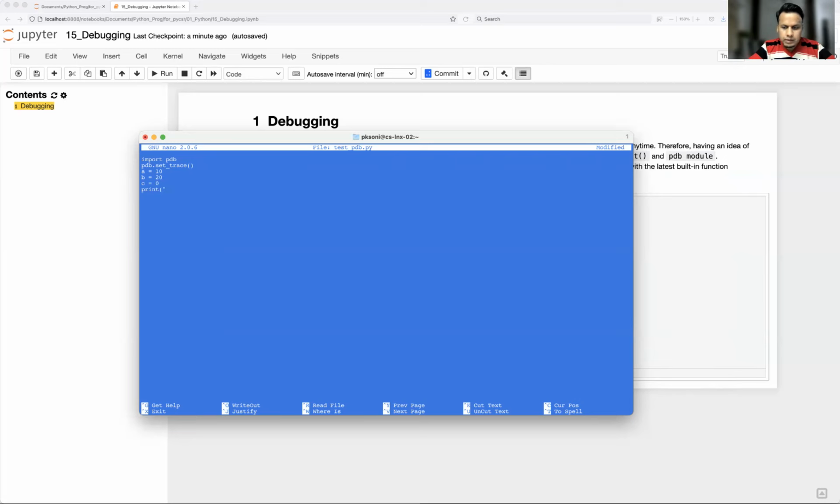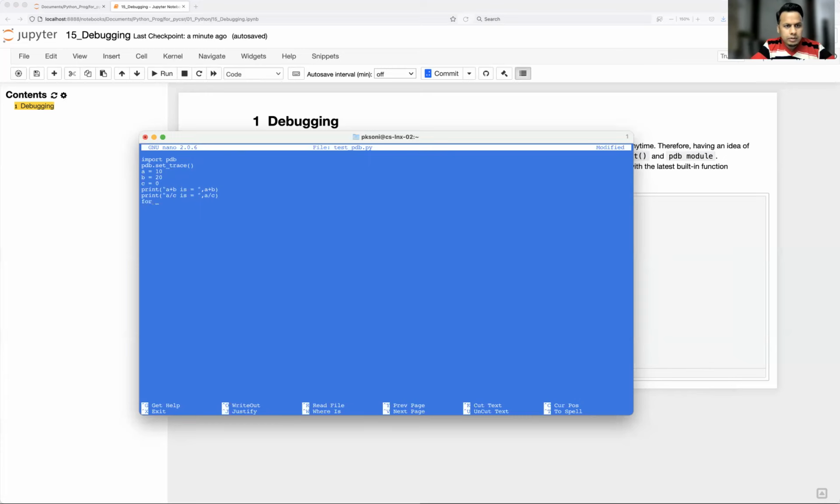Print a plus b is, a plus b. Print a divided by c is, a by c.